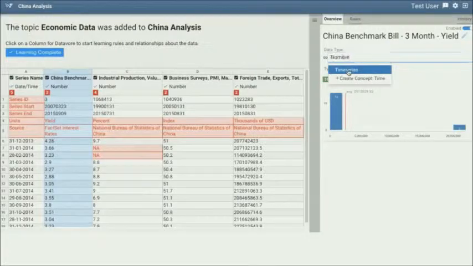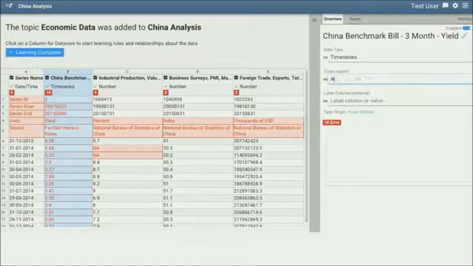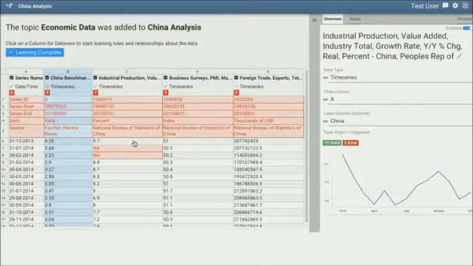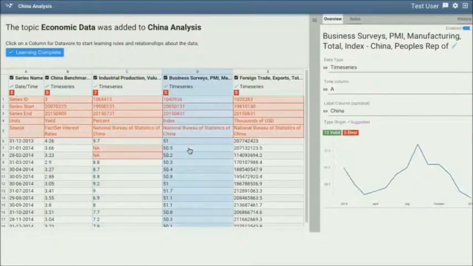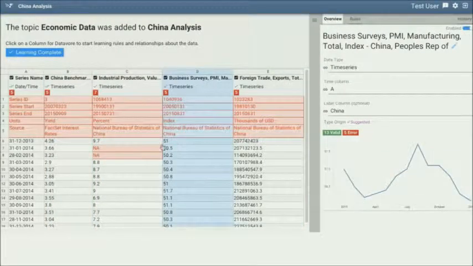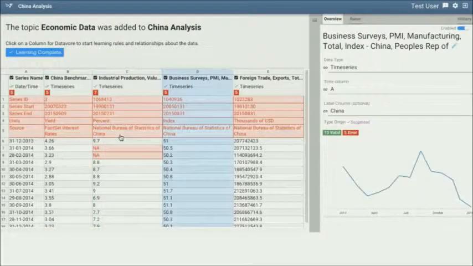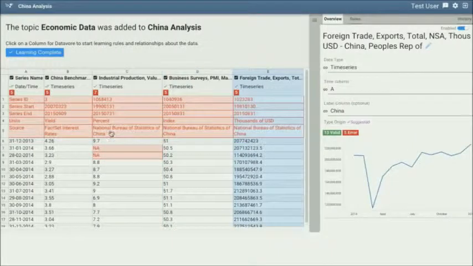So we're going to change the second column to a time series. We're going to point it back to the dates in the first column and then just tag it as China because that's where the economic data is from. And we can immediately see that the platform shows us previews of everything happening in each of these different columns. So it actually now knows there's a time series, and there's no need for us to remove any of these errors that you can see in the red cells.